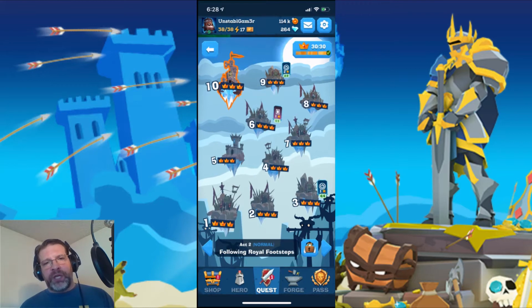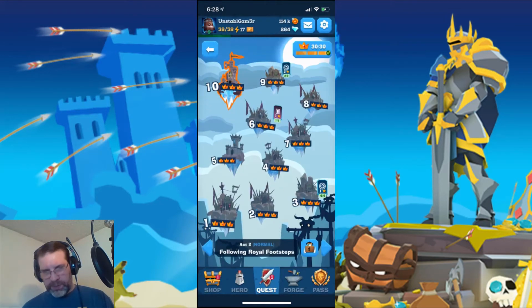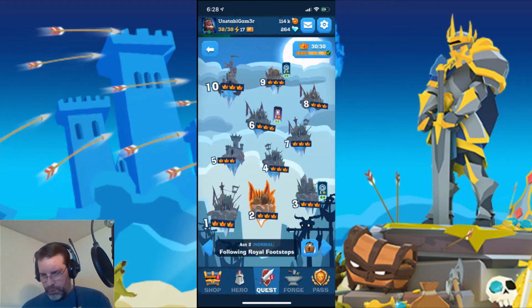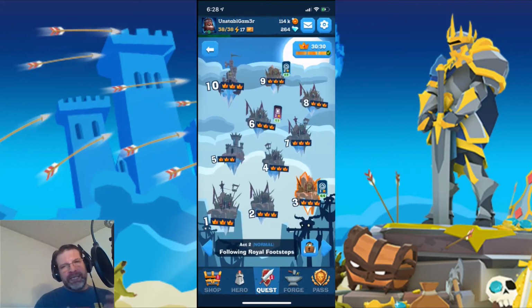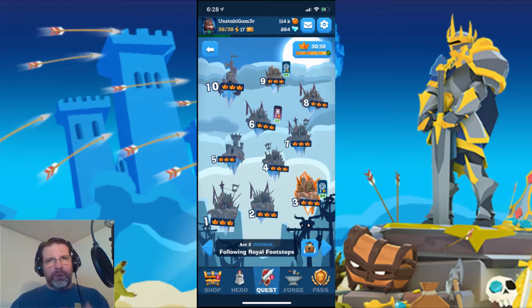The first challenge comes in Act 3. When you take a look at the power levels for each one of these, there's 5k right there, 7,500, so there's 2,000 more right there. Act 3, there's about 3,000. So the might level difference between each one of these castles is within a few hundred or a